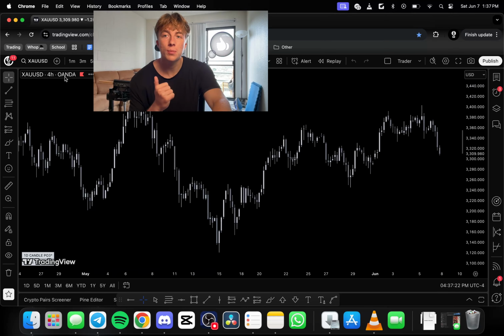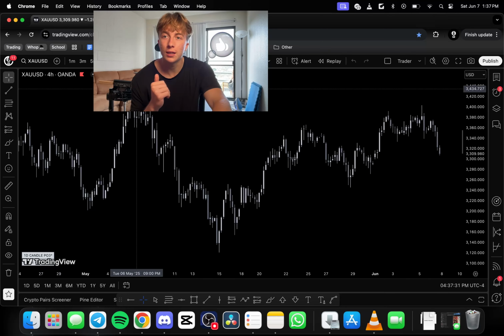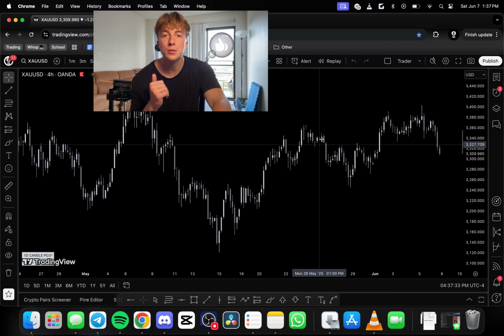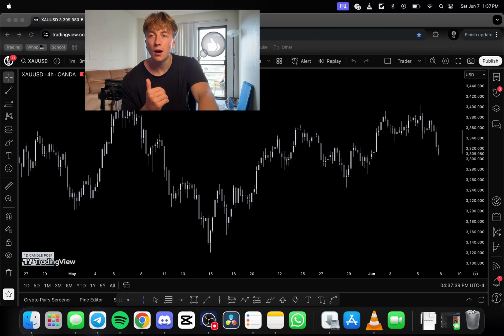Another thing, it always opens to Oanda. I think that's just because of what my bookmark is set to. But do not use the Oanda charts if you're trading ICT concepts, because it's not an accurate representation of the gaps and what happens inside of these charts. A lot of people take trades anyways,